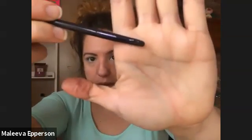Now, if it's going to be shimmery, I recommend getting a smaller brush, like a detailing brush. See how small that is? And if I wanted to put a little shimmer, I could use this Queen color, that's shimmery gold. I would take a little bit and almost draw a line right under my brow bone